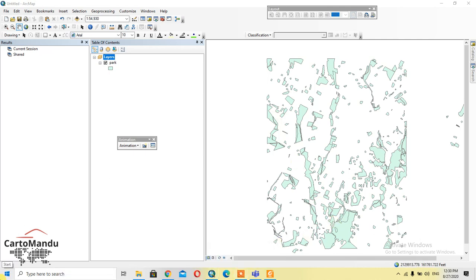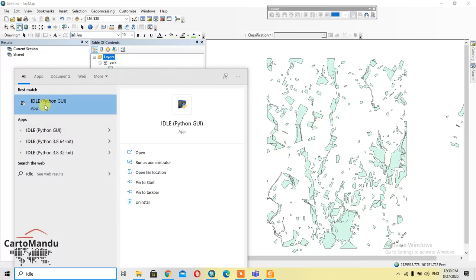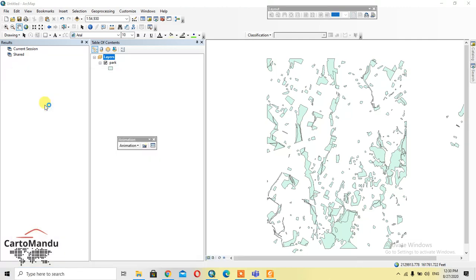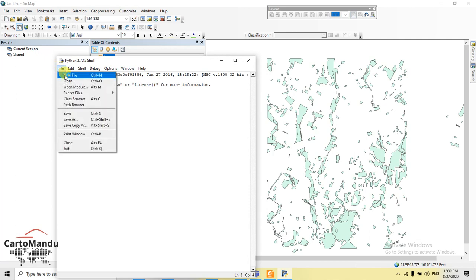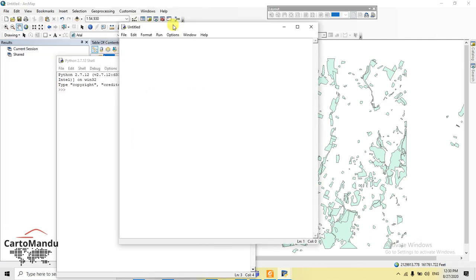First of all, you should open the IDLE Python. Now, new file and start writing the code. First of all, import ArcPy. Then after ArcPy dot environment dot overwrite output equals true. Then after ArcPy dot environment dot